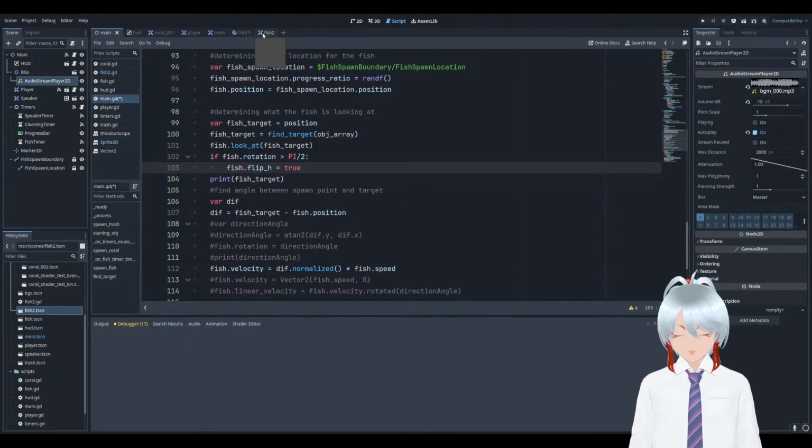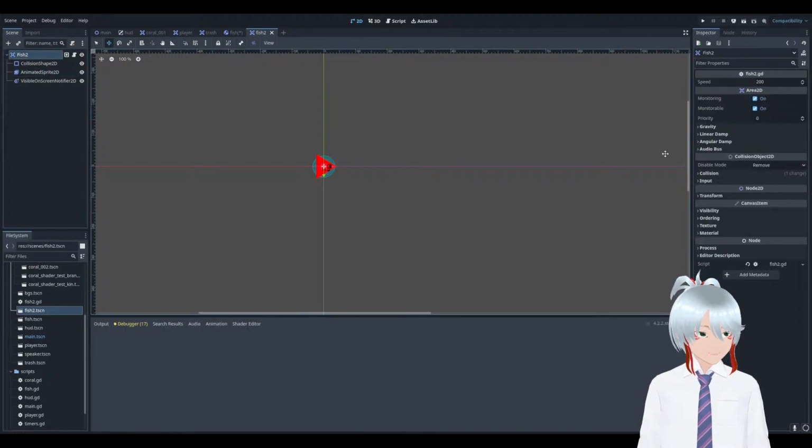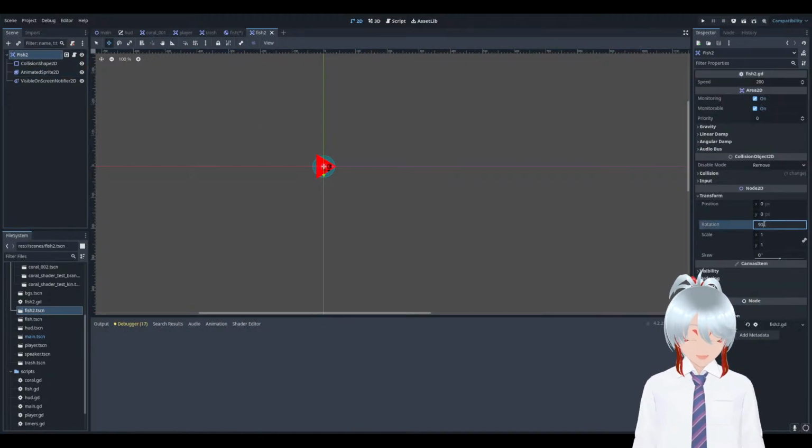So what are the angles I want it to flip on? So let's see, if it's greater than 90, it flips. If it's 180,